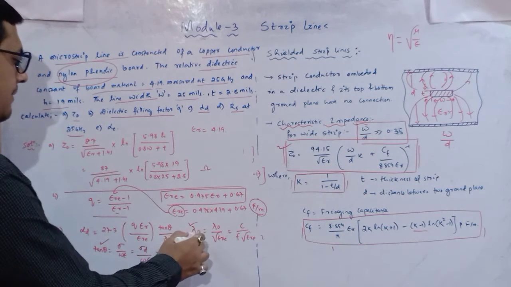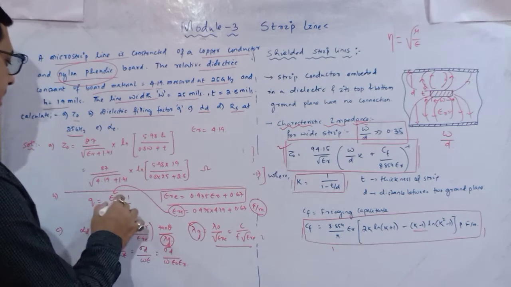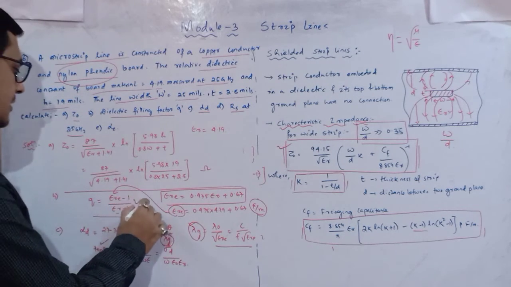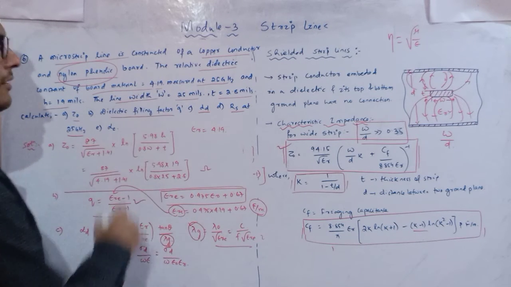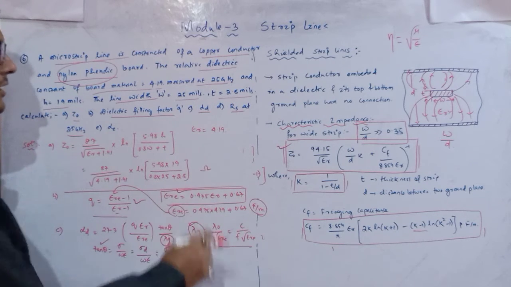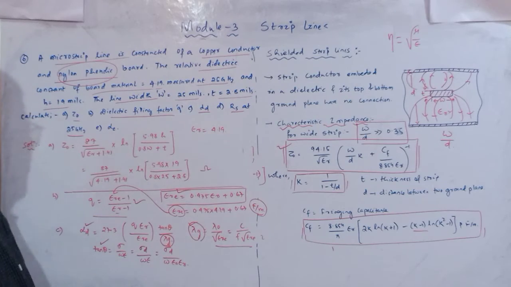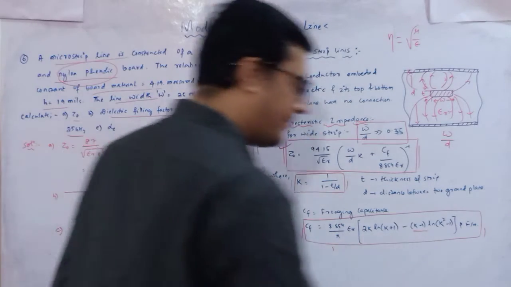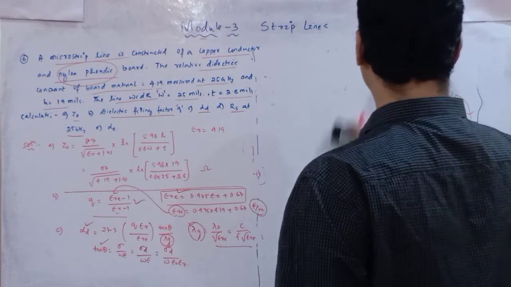Substitute here. Lambda G we have calculated from this relation. Substitute here. Q factor we have identified from this relation. Substitute here. Epsilon R is 4.19, and what is epsilon Re? Epsilon Re what we have got from this particular relation. Substitute here, you will get your alpha d.